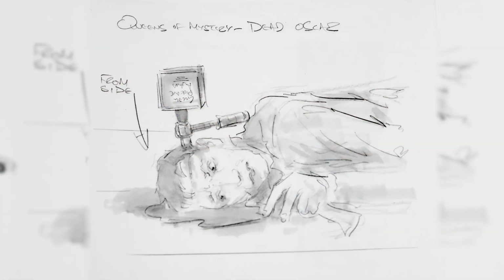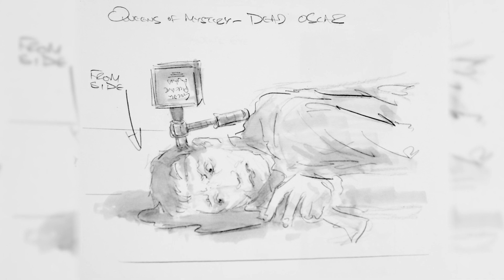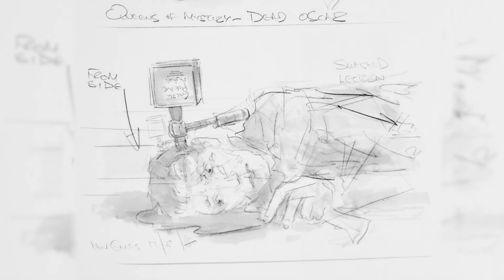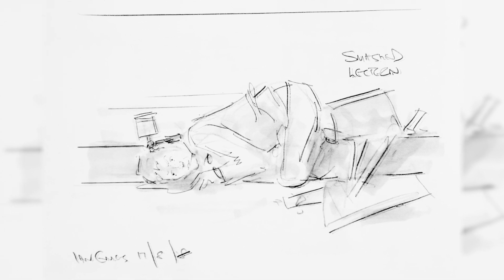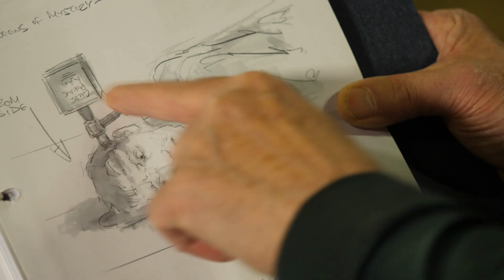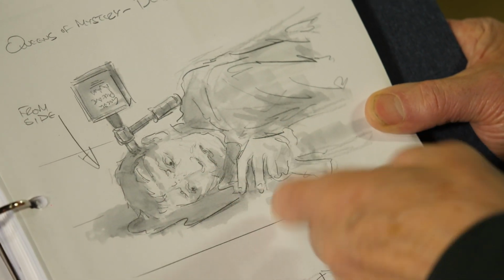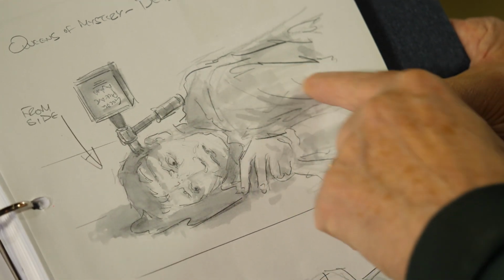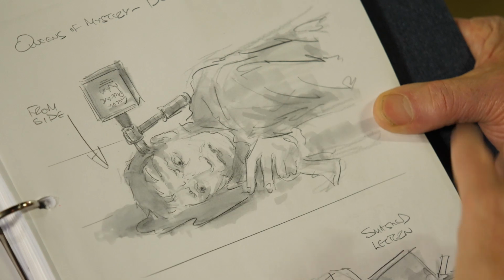These drawings become very good references and templates for the other departments, for the art department, for camera, for costume. And a shot like this involves several heads of department. For example, you have a prop maker making this pickaxe award that's embedded in his head. You have makeup dealing with the blood. You have costume, who are concerned if the blood's going to be on their costume. You have the art director dealing with the overall dressing of the scene.